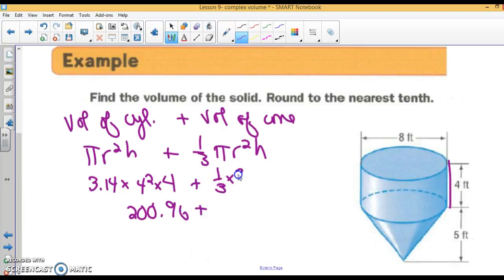1/3 times 3.14 times the radius of the cone, also 4. And the height of the cone is here, 5. When you punch that in, you get 83.7. And when you add, you'll end up with the volume is 284